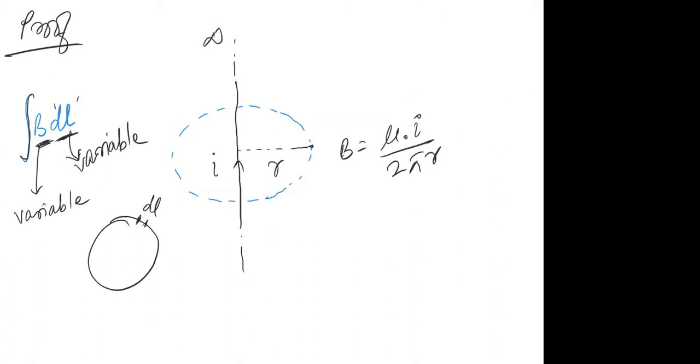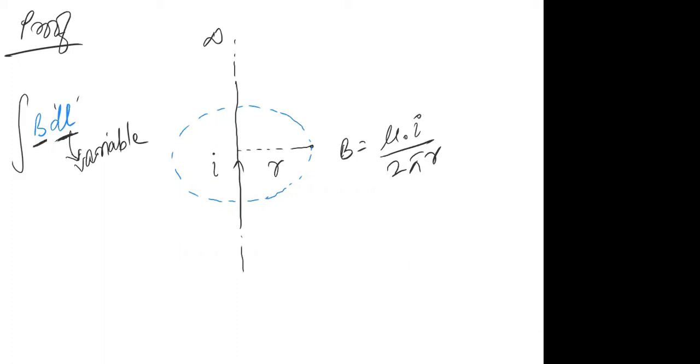Now, try to understand why I'm saying this. My aim is not to teach you mathematics, my aim is to teach you physics, so I'll come to that part. Why did I tell you this? Because if the magnetic field also becomes variable, it will not be possible for us to integrate this B·dl. So for this purpose, we want to keep the magnetic field constant. And to keep it constant, we take a loop of a particular shape, at every point of which the magnetic field can be taken as constant.